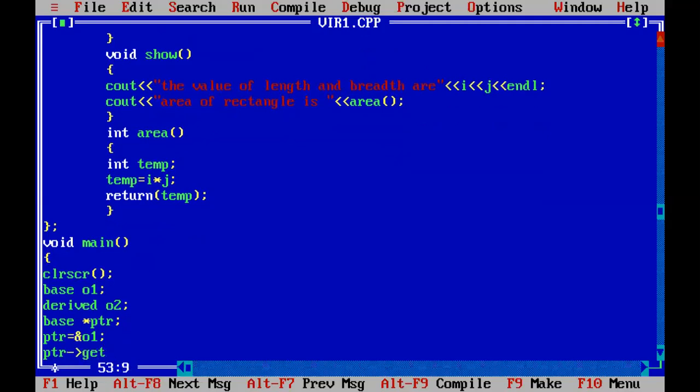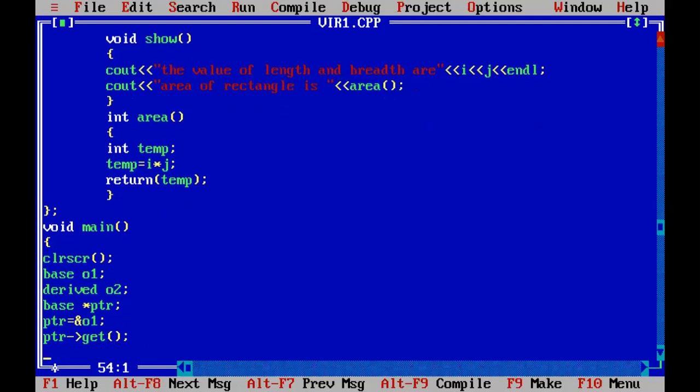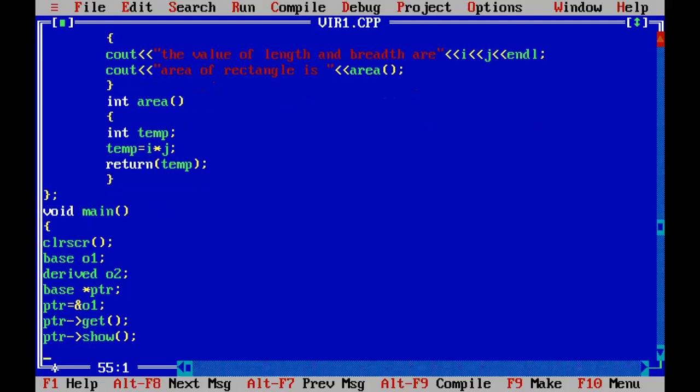Then with the help of this pointer variable, we are going to call the functions. Here we are using the arrow operator instead of dot. So one function was get and the other function is show. So I have called both the functions. Now again we have to pass the address of another object, that means O2.